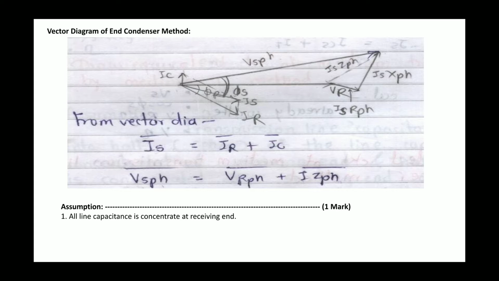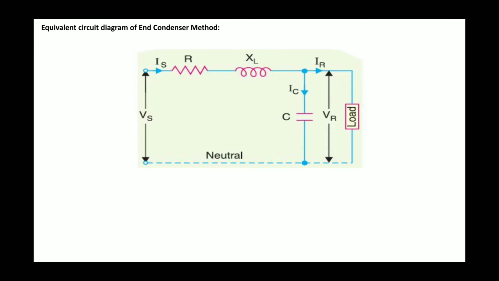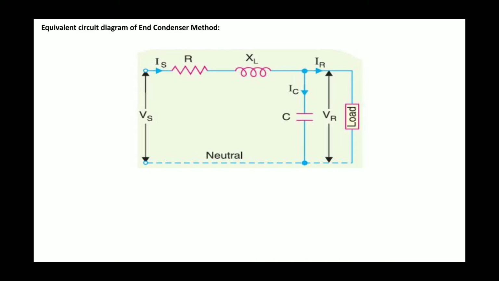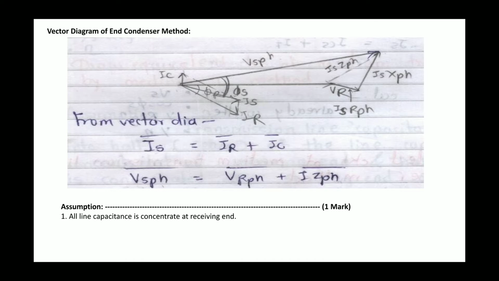Then here is the voltage drop which occurs in the resistor. Because of this resistive voltage drop, it looks lagging. Then because of the inductive drop, it looks leading, at 90° above. And the addition of VR, the voltage drop in the resistor, plus the voltage drop in the inductor, is equal to Vs.